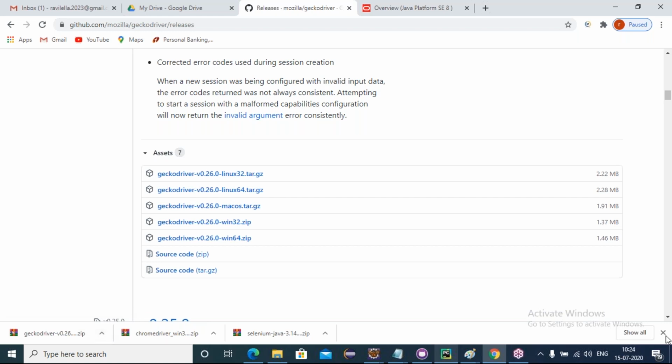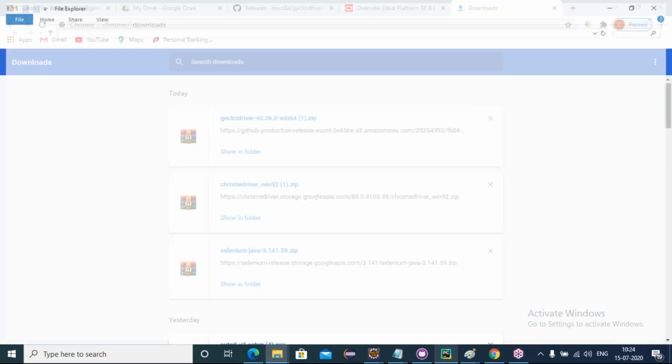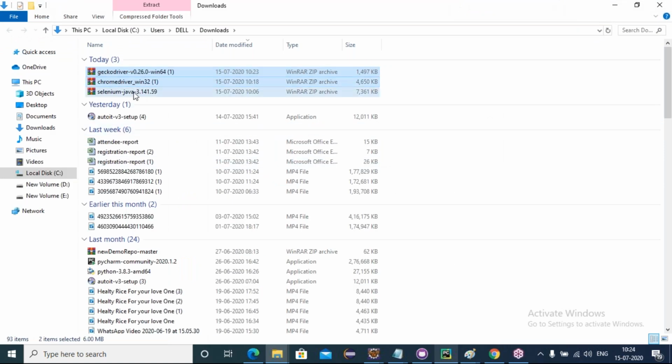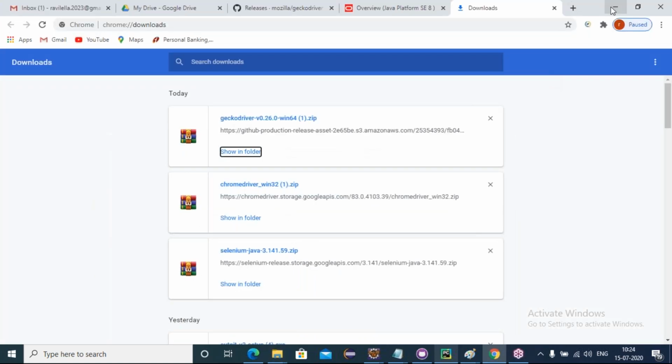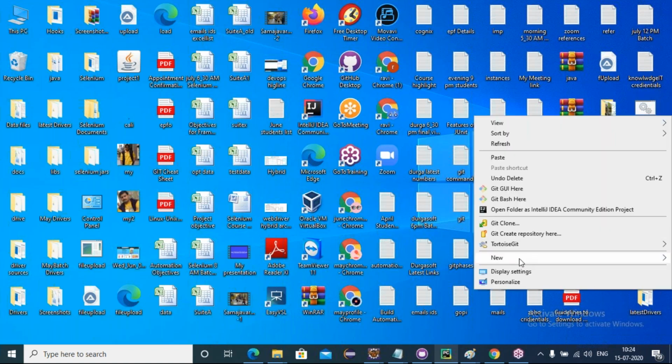So let's open it. Let's take all these jar files and all the zip files and keep them in one folder. Control X. Let me create a new folder, friends.